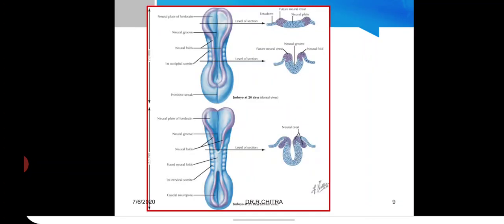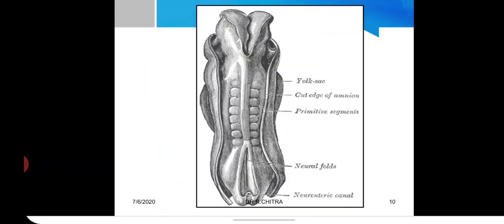This is how the neural groove is now fusing to form the neural tube. It is not fusing craniocaudally or caudal to cranial. It is fusing in the middle, the cervical region, then extending in both directions above and below. On the right side, you can see the pink cells at the tips of the neural folds. They are called the neural crest cells. The somites are forming during the stages of neural tube formation. This is the somite period, or the fourth week of development.